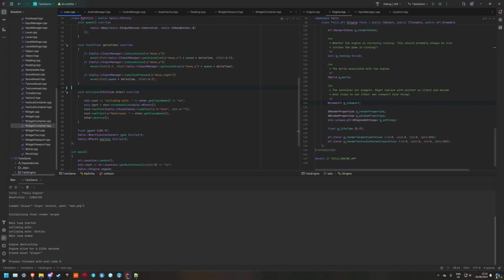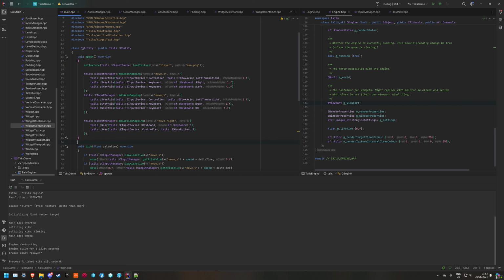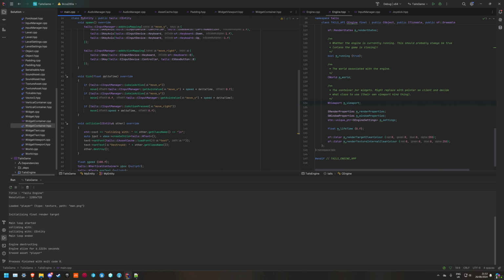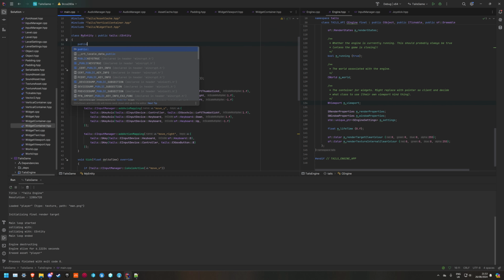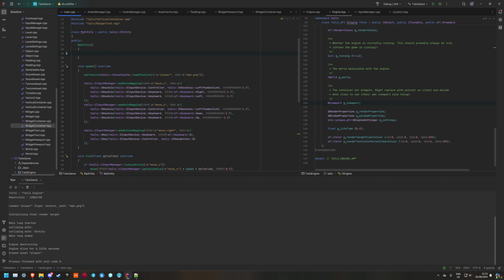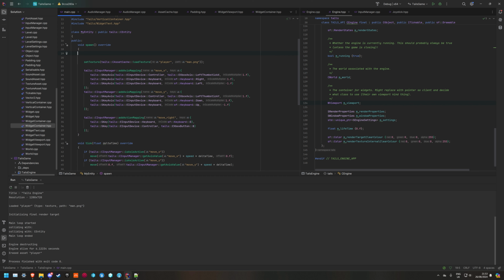I need to get a font as well, but then in our spawn, it could be in the constructor. It probably should be in the constructor. I can't actually remember if it's allowed in the constructor. I don't know, I'm just doing this. This should probably be public. This can all be public. Doesn't really matter. So we want to set VBox equal to, no, it can't, because we need to get the engine and the outer hasn't been set. We should do it in spawn. This will be fine. So we can set VBox equal to get engine